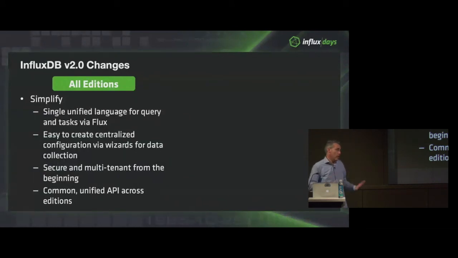And of course, a common and unified API for all the capabilities across all editions. As Evan mentioned, we want you to build your career on that API because you're able to get things done faster with our technology than any other, and you have the ability to move between editions without thinking about which one you're using: open source, enterprise, or cloud. It's your option based on when you're ready, when you've done the testing, depending on the workload, the environment, the employer, the compliance environment. All of those things come into play.